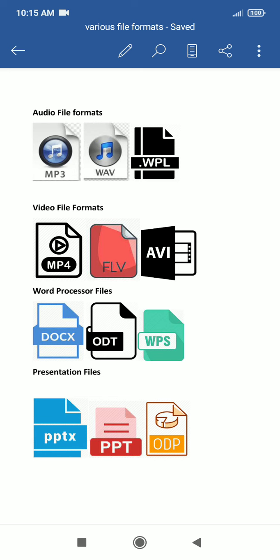So each and every file, based on the content you are storing in it, is given an extension. So using this extension, the files are differentiated. For example, we are typing content or preparing a document using Word software. Yes, in the last session we learnt MS Word and MS PowerPoint. We prepared a presentation, we prepared a document.